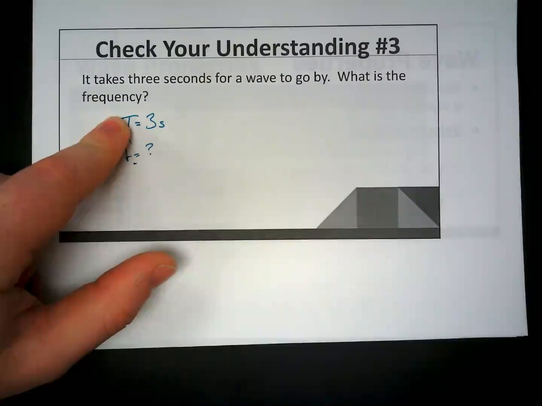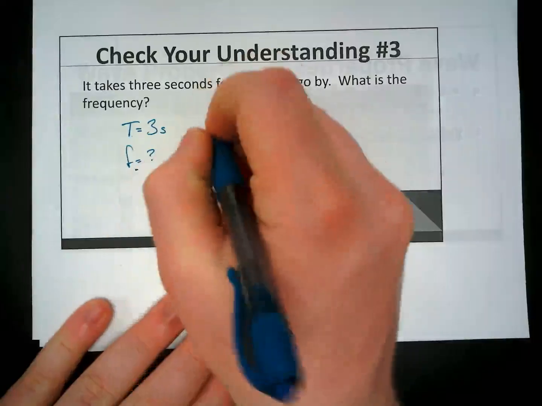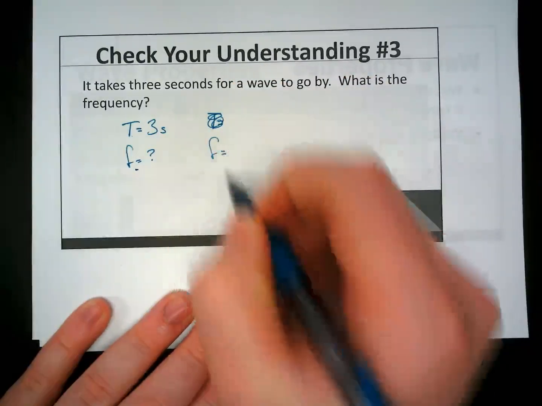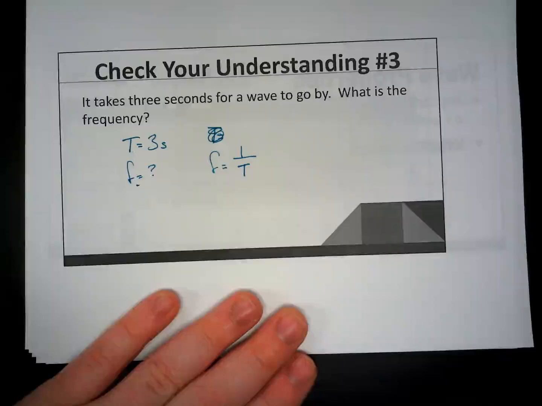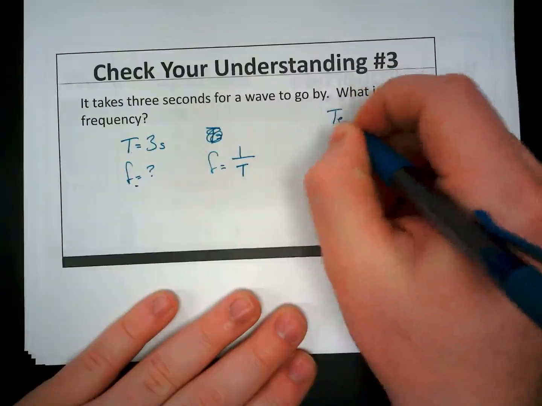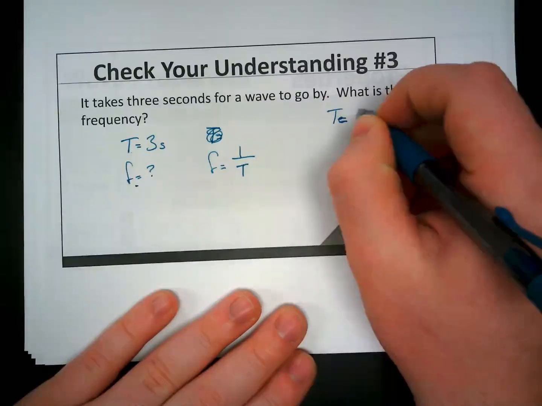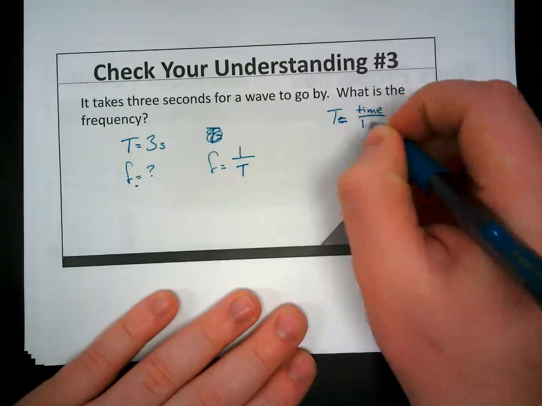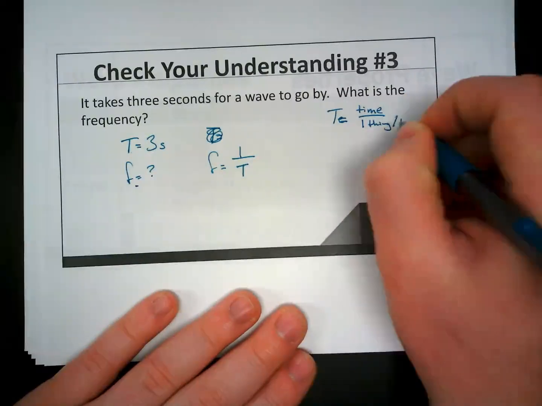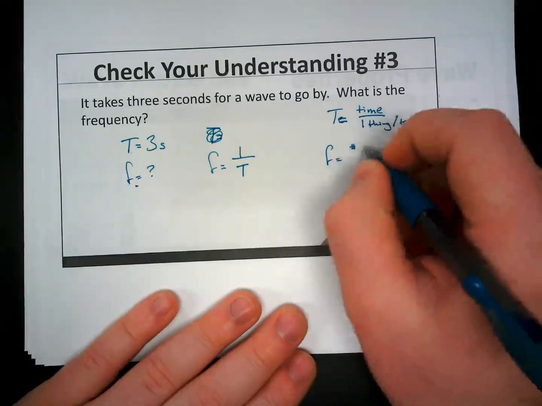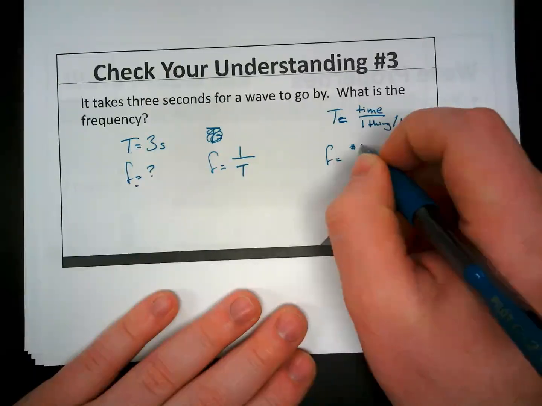So here it says it takes 3 seconds for a wave to go by. Now it's asking, well, how many times does it go by in a second? So all we do is we say this. Well, we've got period. We need to find frequency. Well, frequency is equal to just 1 over t. The reciprocals, okay? Because period is time divided by the one thing that you're doing, or the task, where frequency is the number of times you can do the thing